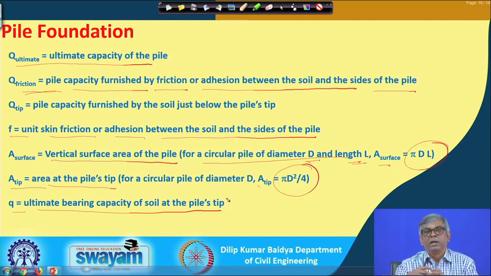We have learned the bearing capacity of soil for shallow foundations. A pile is a deep foundation, whereas a shallow foundation is usually within 1 or 2 meters, and a pile foundation will most of the time be beyond 10 meter depth. It can be 10, 15, 20, 30, 40 meters. At a great depth, the bearing capacity calculation will not be the same as for a shallow foundation, so the ultimate bearing capacity at the pile tip also has to be learned. We will discuss that also.